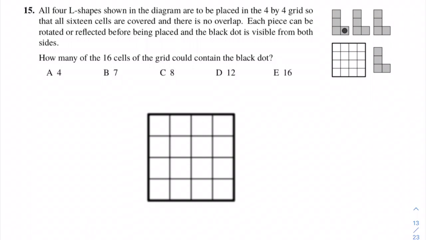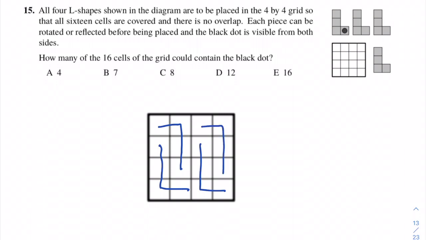Okay, so what we're going to do is we're going to take each of these 4 L shapes. We're going to see all of the different ways in which we can place them in the grid, and then we're going to try and figure out what cells the black dot will end up covering. Okay, so let's start off with a fairly basic example. So we could have an L shape here. We could have one that's then rotated so it fits here, and then we could copy this exact same process